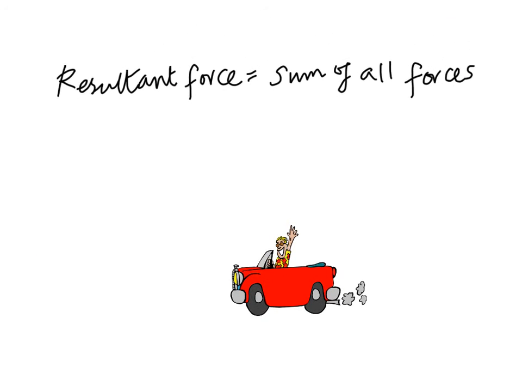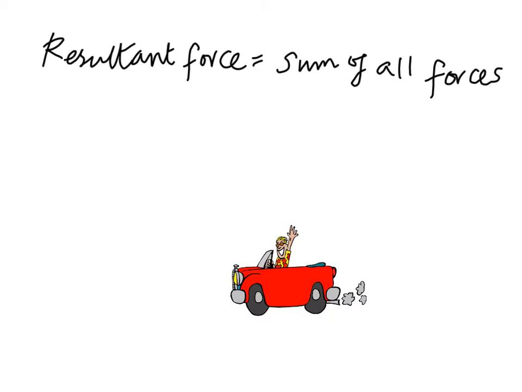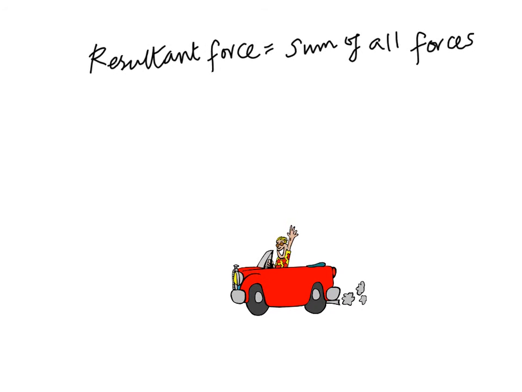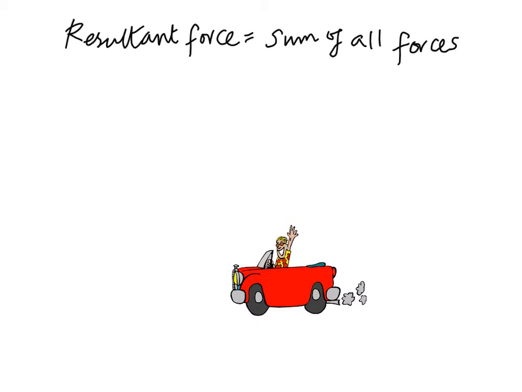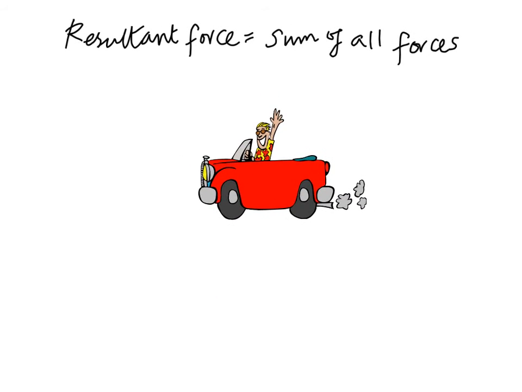So just to remind ourselves, resultant force is the sum of all forces acting on an object. In this case, we're going to have a look at an example of a car, and we have some forces shown here. Let's look at the forward force of the engine, and let's say that is 1300 newtons. That's the forward force of the engine of this car, and the friction is here, so let's say that is 200 newtons,